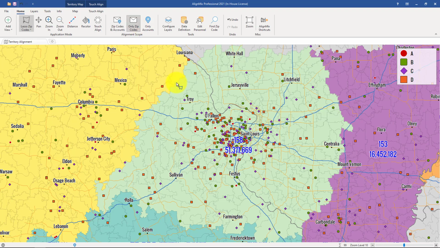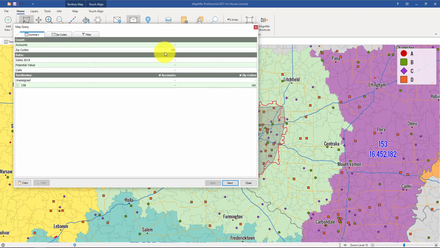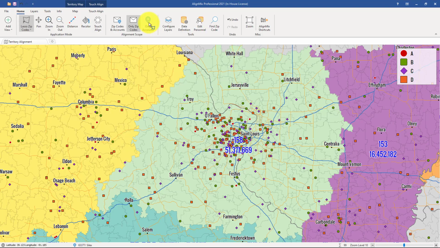Changing the scope to only zip codes, when I lasso an area, you'll see only the outline of zip codes is being selected. When I let go, you'll see that only zip codes have been lassoed and none of those accounts have been lassoed. Click close now, and now let's select only accounts, and now we lasso the same area again,